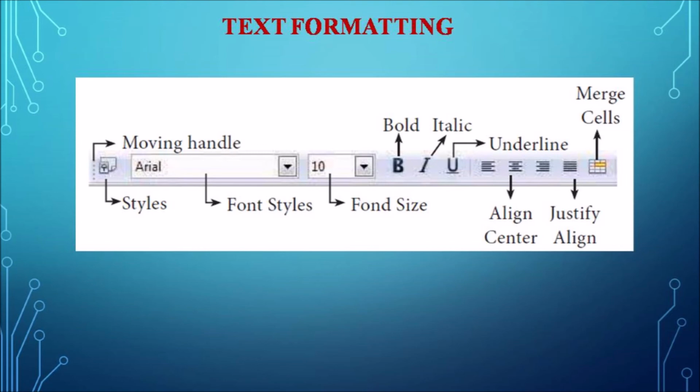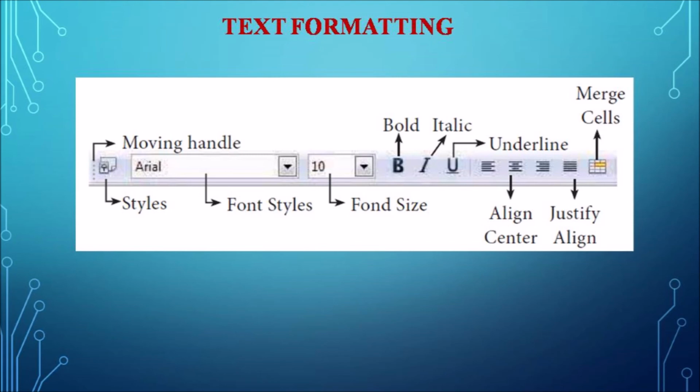And align center means it will be aligned center within the cell. And justified means it will be aligned so that both the left hand and right hand sides will be equal. And align right means the text will be aligned to the right side within the cell. So all these alignments happen within the cell. So that is the change between OpenOffice Writer and OpenOffice Calc.